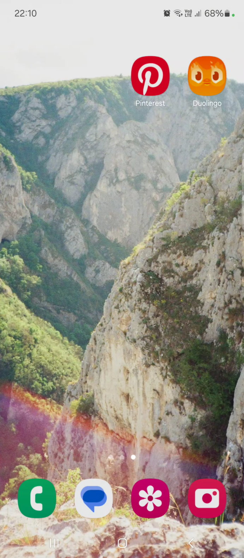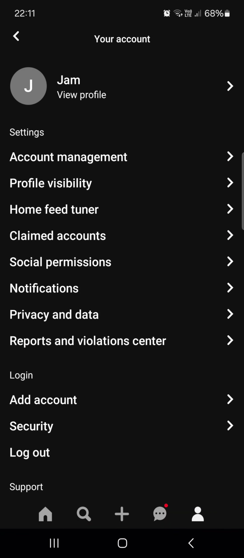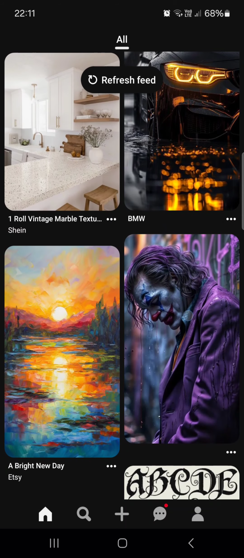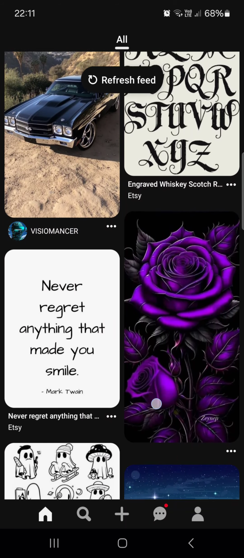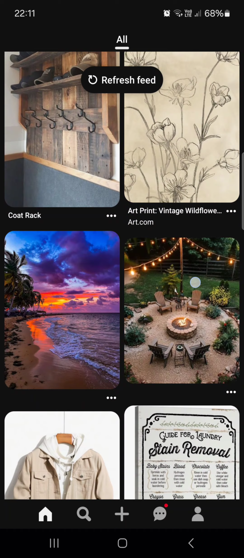Hello guys, in this video I'm going to show you how to delete your data in the Pinterest app. First, we have to open up the app. Here it opens up in the home menu where we have some pins which we can save and maybe search